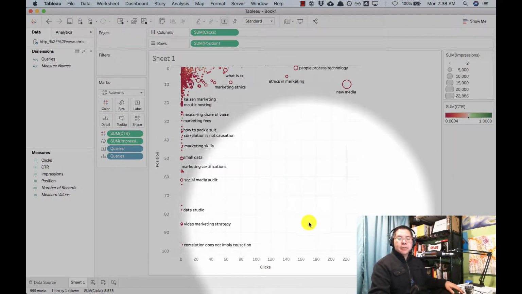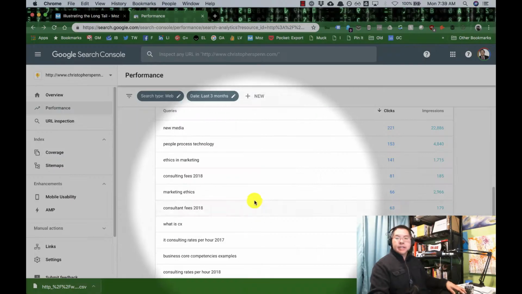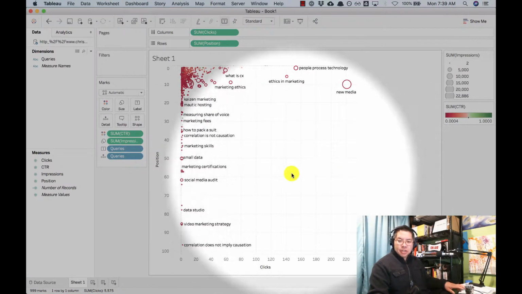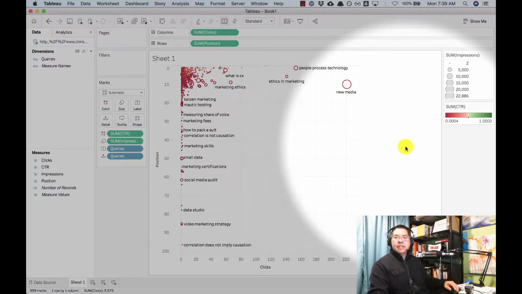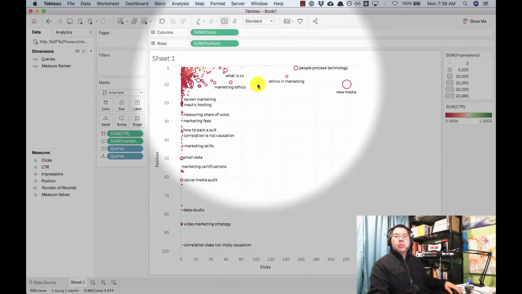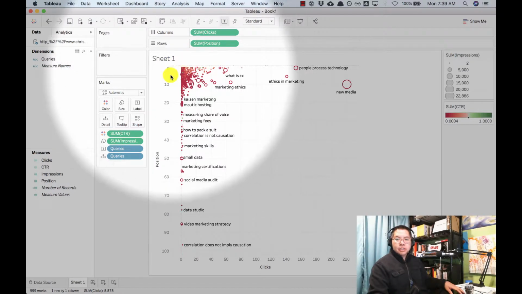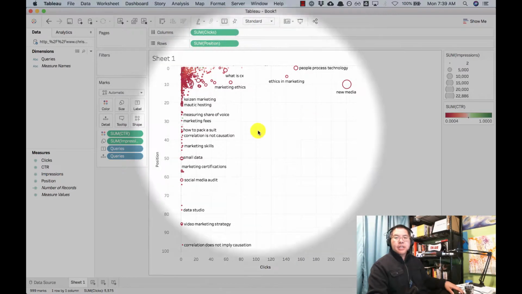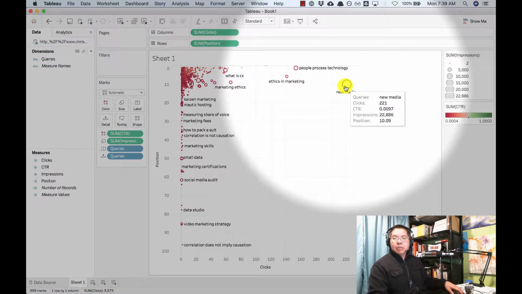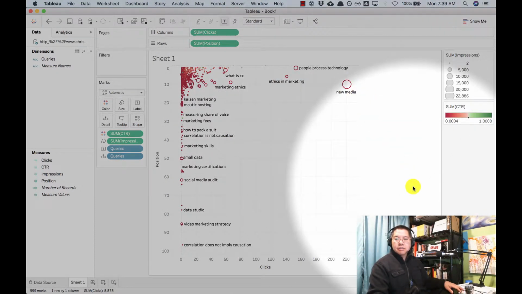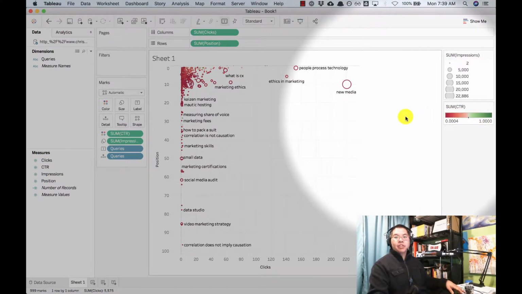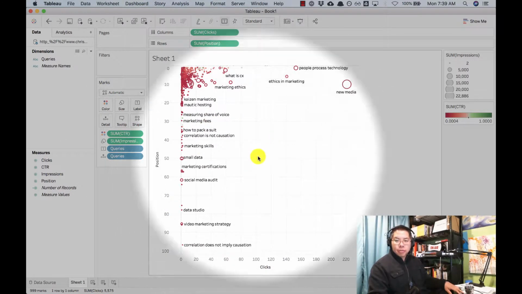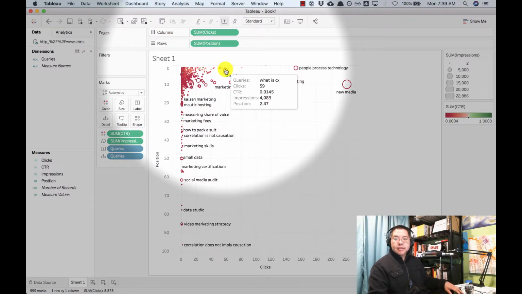So what we've done here is instead of having a very generic slide of like these are the top keywords and the number of keywords in the long tail, we've now taken this data and laid it out such that we can see what we rank for well, on this scale here. How many clicks do we get on this scale here? What is the size of the opportunity, which is the size of the bubble, and then how well are we leveraging that opportunity? We color it green to red. So we are looking for the bigger bubbles,